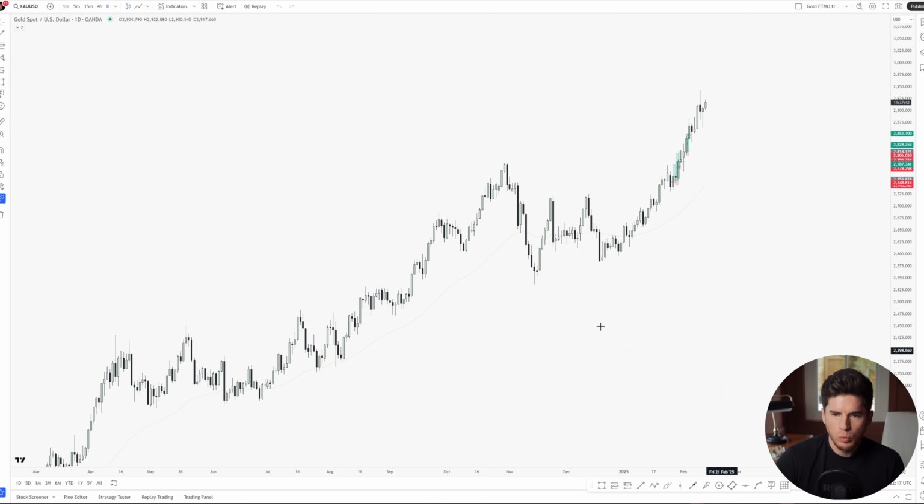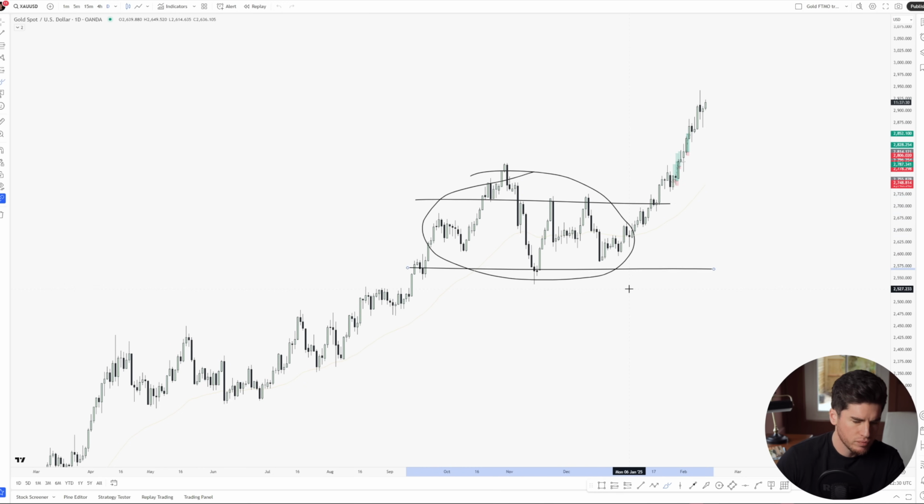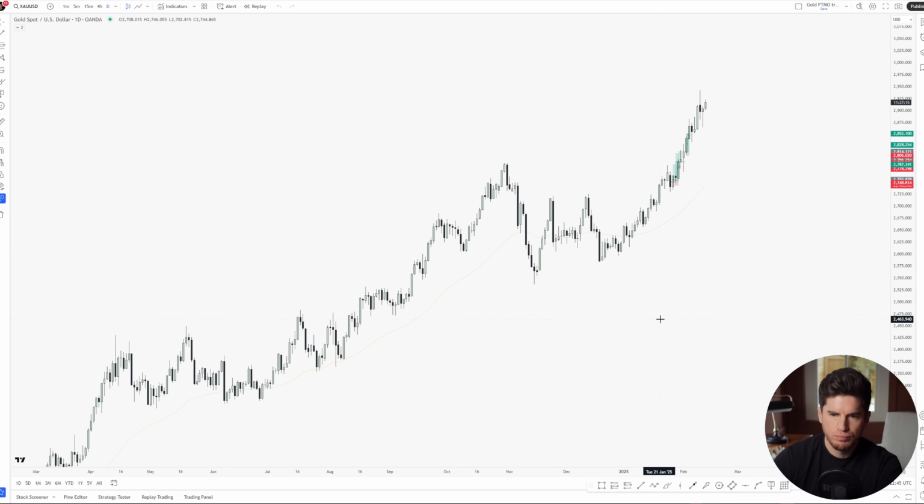Second of all, we can see inside this consolidation period, which I'll draw on for you now, this is a consolidation because price took the high, took the low, failed to create highs, failed to create lows. It's moving sideways. It's a consolidation, or a correction, some of you might call it. But inside this period, that was not really tradable. I didn't actually touch gold for a good month over December, but when it ran down into these daily lows,